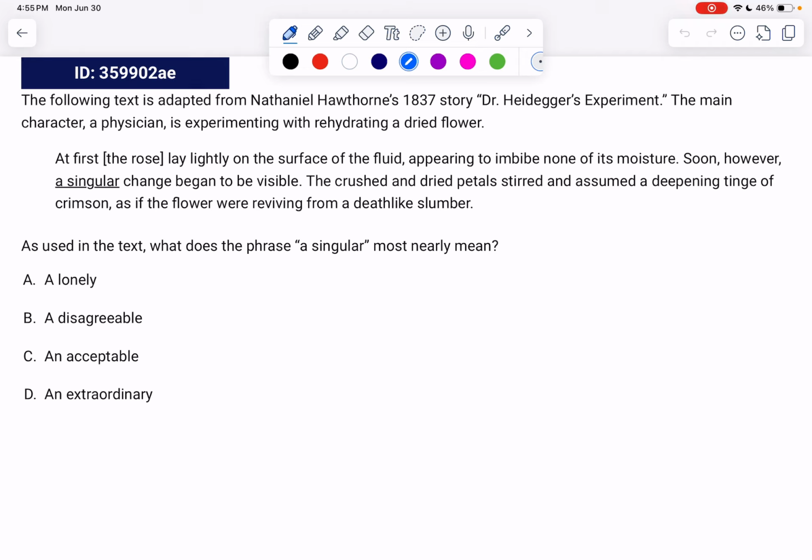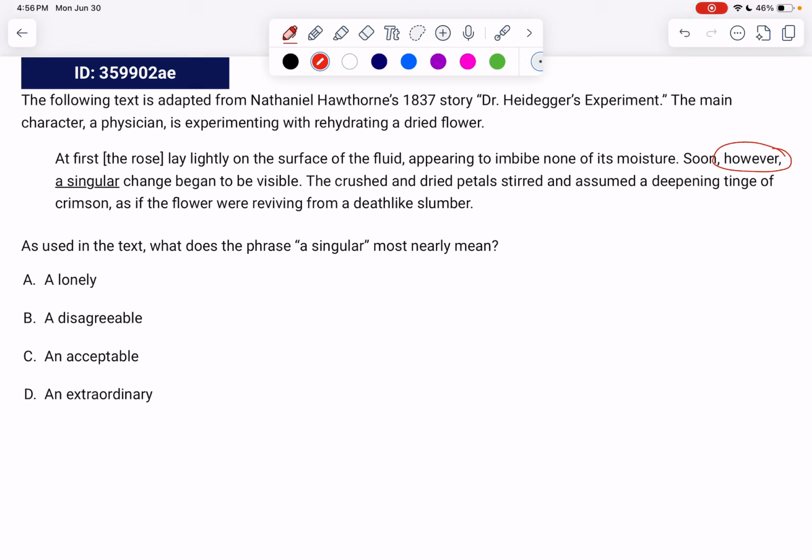Okay, number 1. The following text is adapted from Nathaniel Hawthorne's 1837 story, Dr. Heidegger's Experiment. The main character, a physician, is experimenting with rehydrating a dried flower. At first, the rose lay lightly on the surface of the fluid, appearing to imbibe none of its moisture. Soon, however, a singular change began to be visible. The crushed dried petals stirred and assumed a deepening tinge of crimson, as if the flower were reviving from a